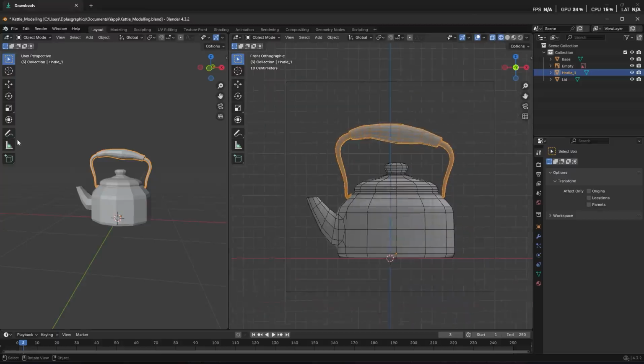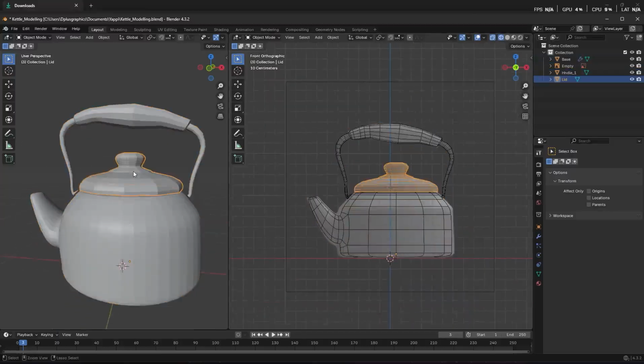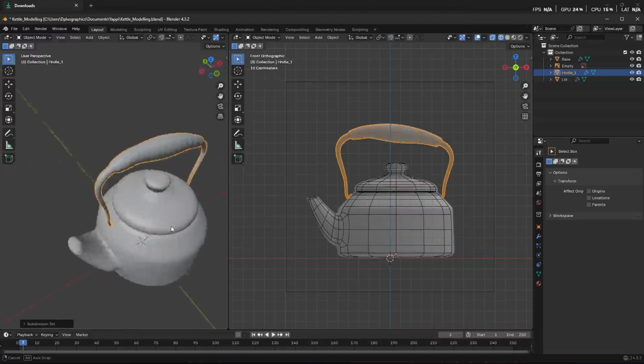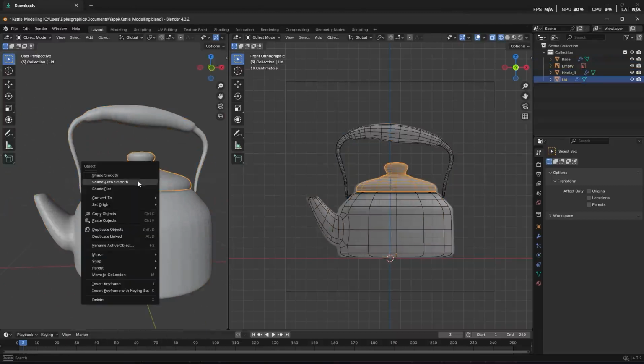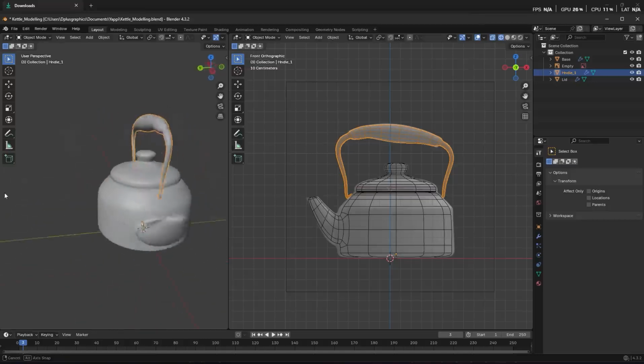We know the shortcut for subdividing, right? Just click on it and press Ctrl 2, Ctrl 2, Ctrl 2, and then we have this. And then let's go to shade smooth, right? Shade auto smooth. Now we have